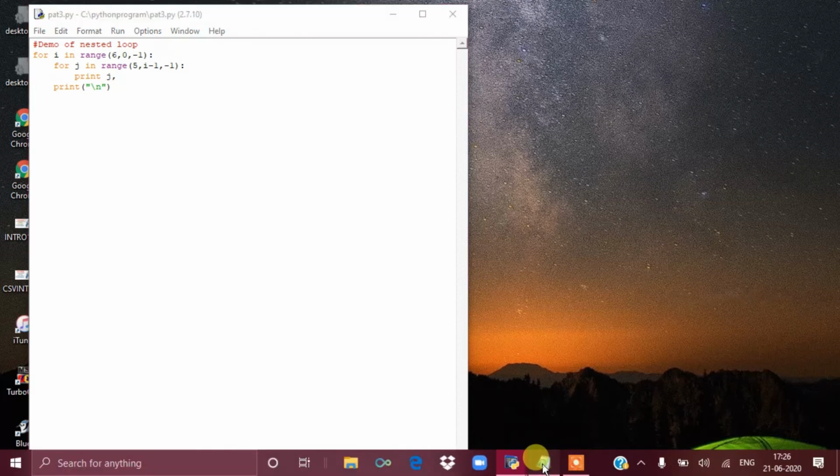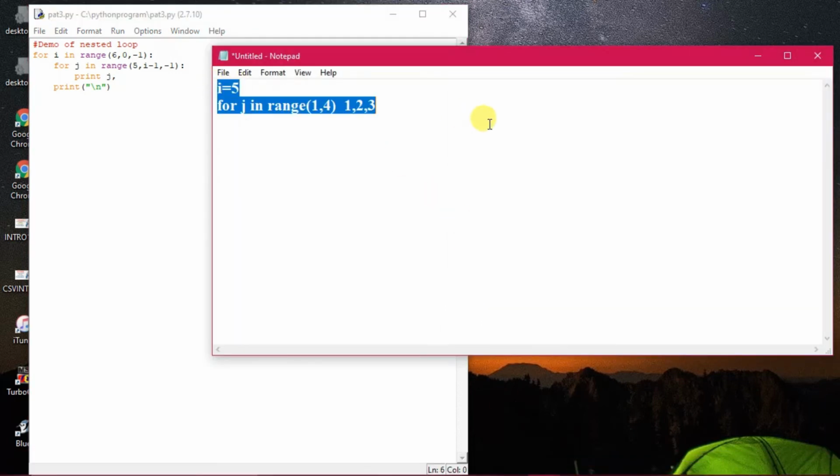So first of all, I'm coming back once again to the whiteboard. You can see out here, the first value is i equals 6. Then what will be the range of j? Means how will j be executed for j in range. It is given 5. The first value will be 5, so one thing is clear here, that the program will start executing from 5 when the i value is 6. So what is happening? 5, then 6 minus 1 is how much? 6 minus 1 is 5, and then 6 minus 1 is how much?